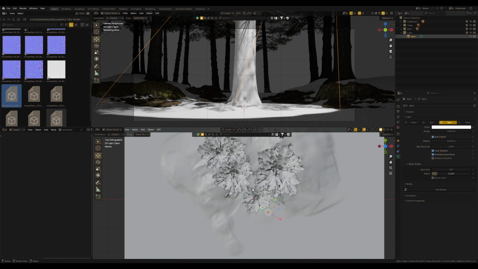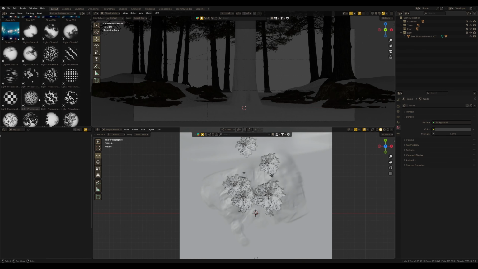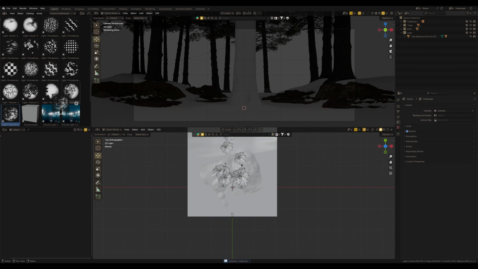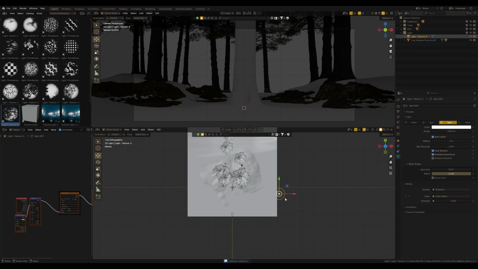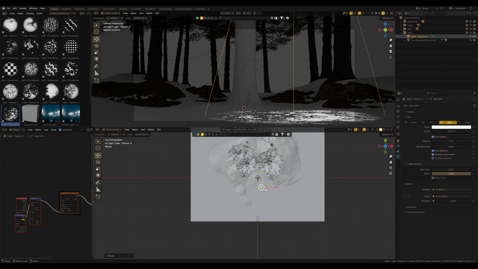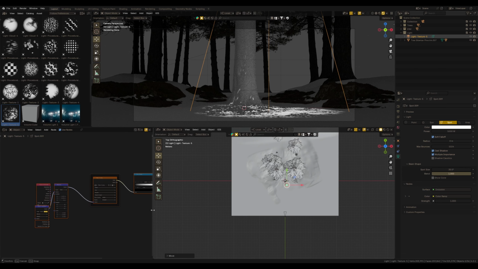But since we're using Blender, some obvious things can be done even more simply. In my assets browser I have a texture light, for example one with leaves. I drop this light into the scene, move it up, and now we get beautiful forest shadows on the ground and trees without using any 3D geometry to cast them.